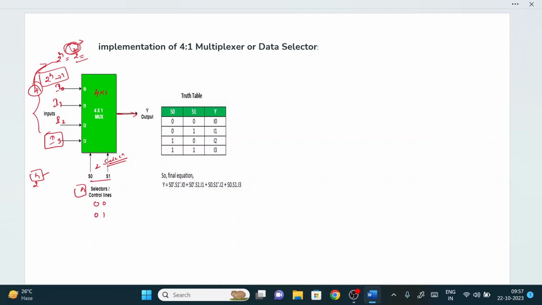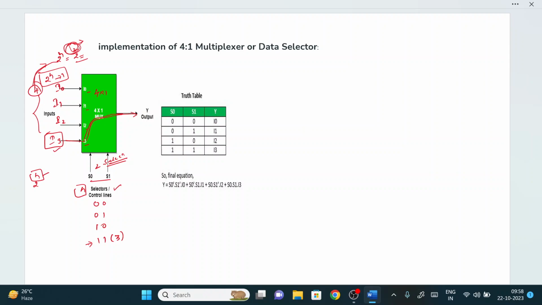So we have two selection lines: 0 0, 0 1, 1 0, 1 1, right? Just assume that 0, 1, 2, 3 are decimal numbers. Suppose you are pressing your TV remote and the selection line value is 1 1. What is that number? 3, right? So I3 will be activated, and this will be your output value. First time itself you will get the output equal to I3, because with the selection line operation we can implement a priority based mechanism.